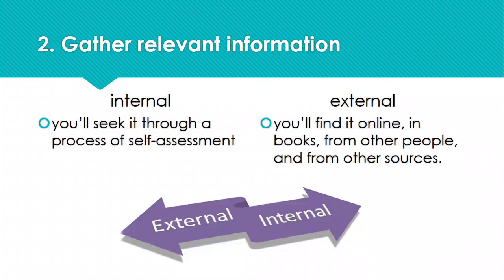Step two, you need to gather the relevant information. There are two types of information, internal and external. While you're gathering internal information, you are seeking it through a process of self assessment. You did a self assessment of your previous work, you have identified your problems and your weaknesses. For example, if your task is to write an essay, and through self assessment you have identified that your problem is the structure of the essay,